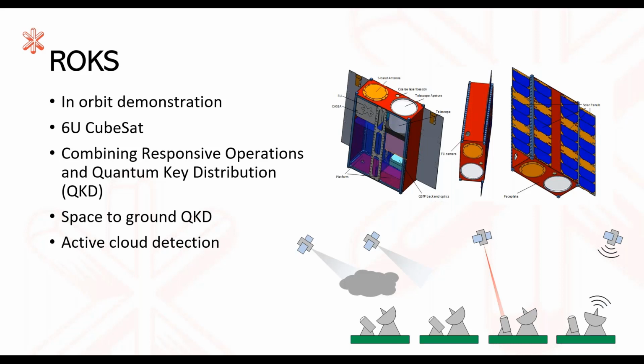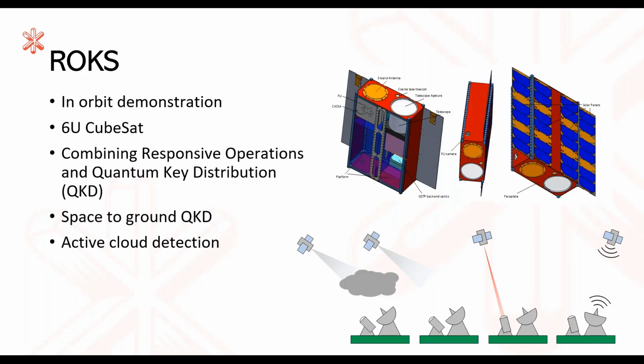There's a small diagram at the bottom showcasing the basics of the concept. So the imager would be used to detect whether or not there are clouds. If not, we could then progress, because the QKD link requires an optical link, which is inhibited by clouds. So when there's no clouds, we can then progress with that, and then classical RF just after.